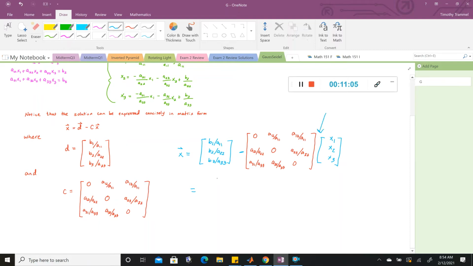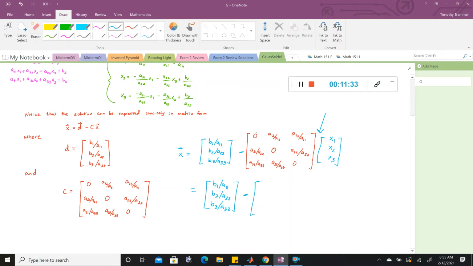I want to multiply this matrix by this vector. So we'll still have our B1 divided by A11, our B2 divided by A22, and our B3 divided by A33. That one's easy to write. And minus over here,